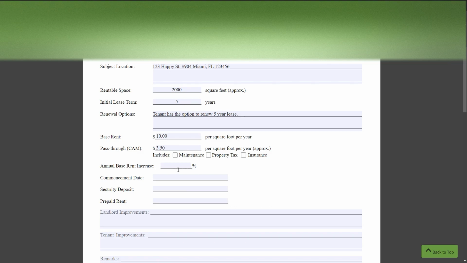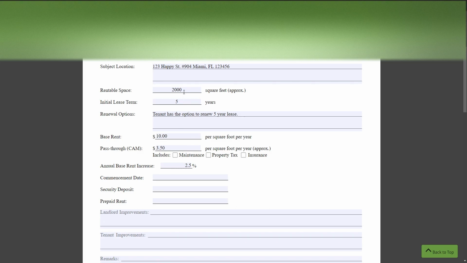So the annual base rent means every year the rent can increase, and you could put it in here. It could be 1%, it could be 3%, it could be 5%. It's whatever the parties agree upon. Usually, in my experience, it's anywhere between 2 to 5%, but that doesn't necessarily mean it's set in stone. That's just what I've seen usually negotiated. So anywhere between 2 to 3%. Let's just say it's 2.5% for right now. Every year the base rent will increase.